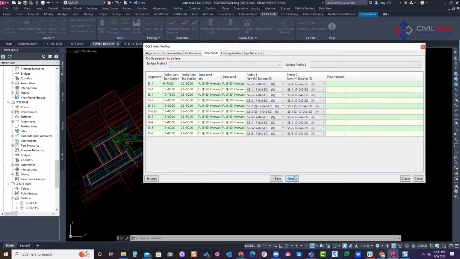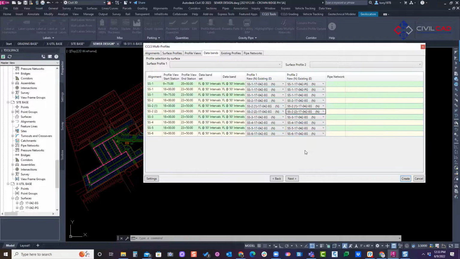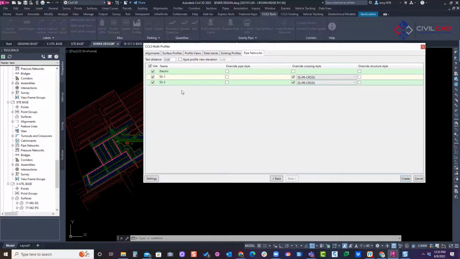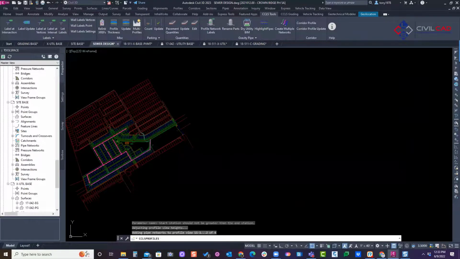I'll hit next. And this is where you can tie your band sets to surfaces. If I have surface in here, I can go PG, and you can tie all your band sets. I'm going to kind of fly through that right now. All right, I'll hit next. If there were existing profiles, it can come in here and tell it to ignore. I'll hit next. Now here it says, okay, we're going to have the crossing profiles if we have two pipes coming together to show the crossing. So we have crossing style. You can override the styles for networks. I'll create it, put it in here,